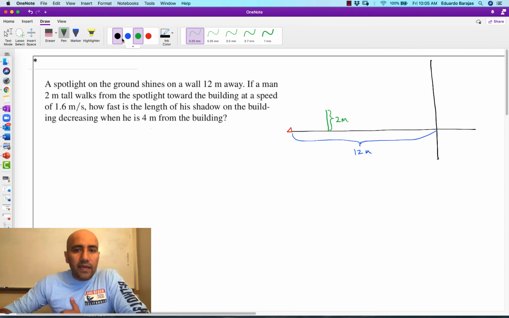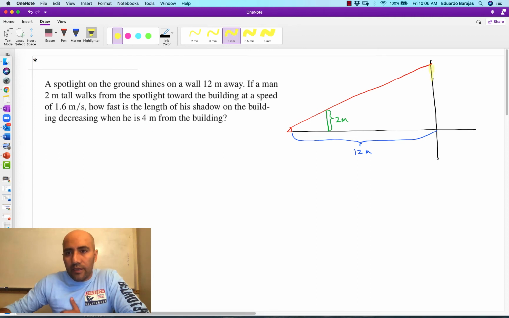And so we see that this light is going to reflect from the top of this guy. So at this point where I drew it, this would come through here, touch on him there, and make it all the way up to there. So at this point, if this is the man right there, then this would be his shadow,